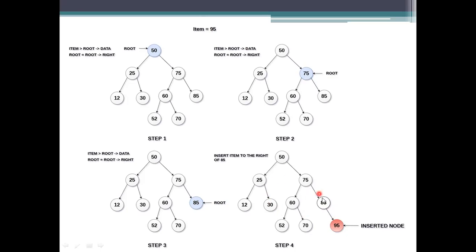It is a leaf node, no children are there. So here the right child will be used to insert that value. Insert that item at the right side of the 85, which satisfies the property of the BST, and the left subtree we are using also satisfies the property of the BST here.